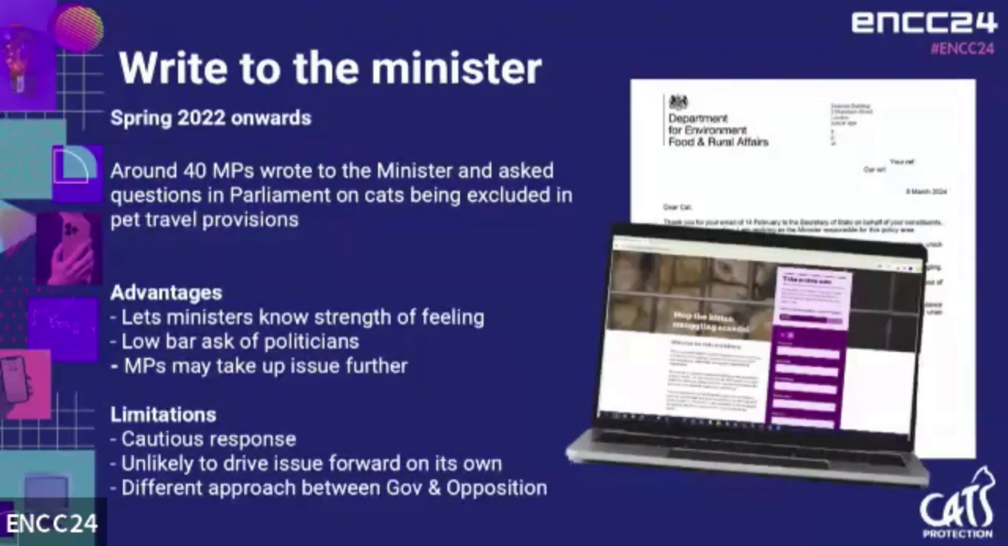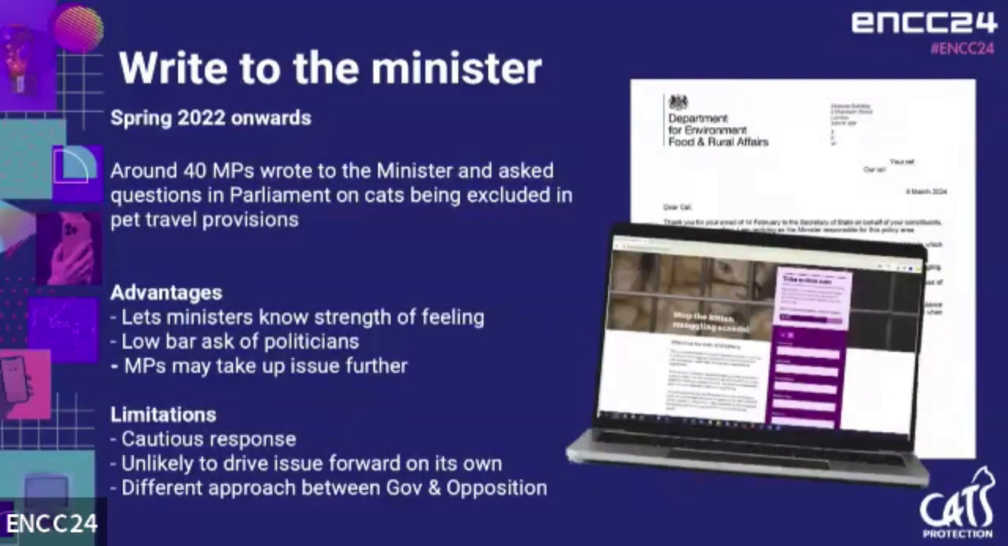It's also quite a low bar ask for politicians. It's a nice, easy one for MPs to get back to their constituents on and say, yes, I've done this, I've written to the minister. You also have an added benefit of MPs. They might like to sign a letter when they're writing to the minister, so you're increasing the likelihood that they're actually going to see the letter that's going out in their name. You may also have MPs take the issue a bit further. However, of course, it does have